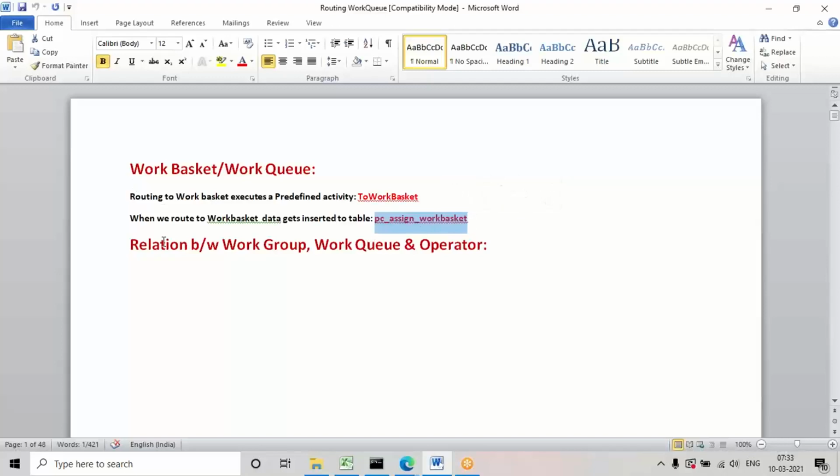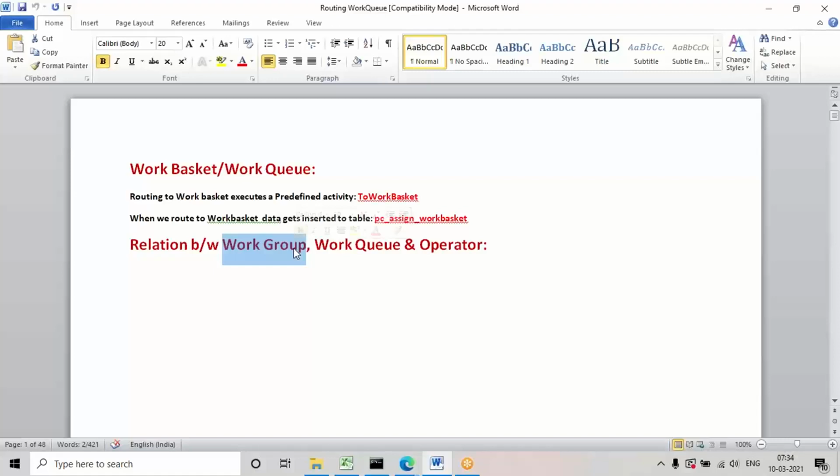Okay, but to understand the work queue relation, today first of all we'll understand what a work group and a work queue are. Basically, a work group is nothing but a team. In your application, for example, you're in the development team, and there are different teams working on different modules. You are assigned to some team with some other developers. There are 10 developers in your team, and in some other team 5 developers. Any task transferred to team one can be accessed only by those available within team one. Anyone can work on that task.